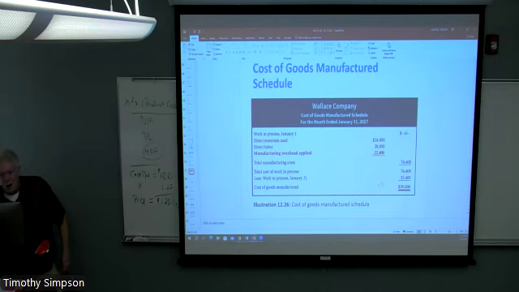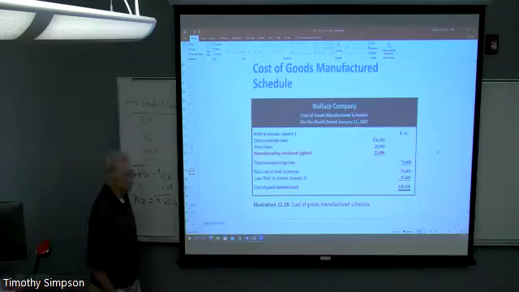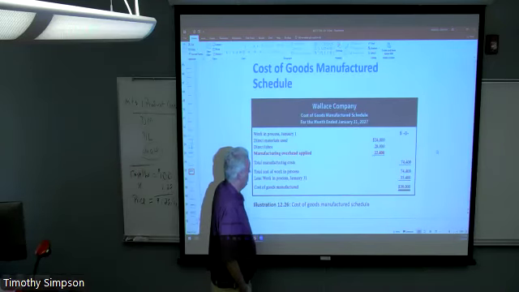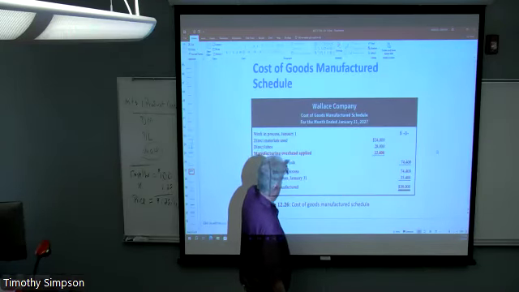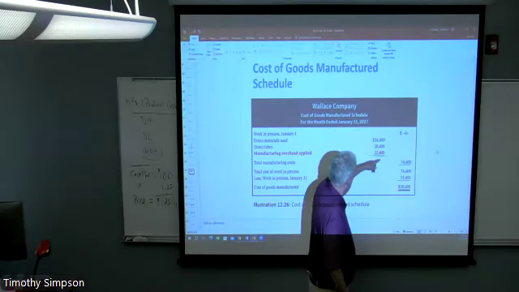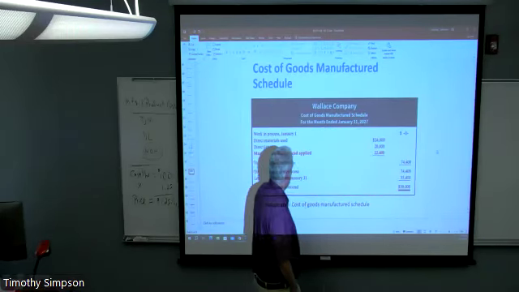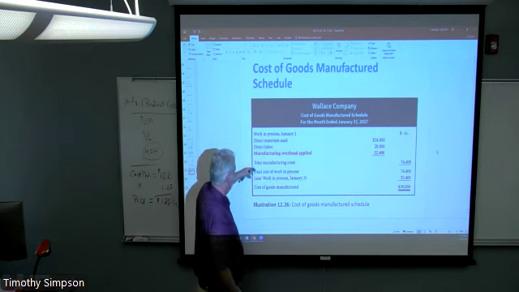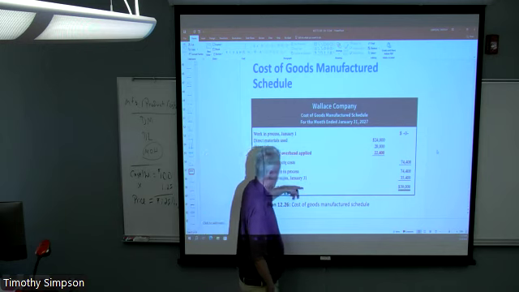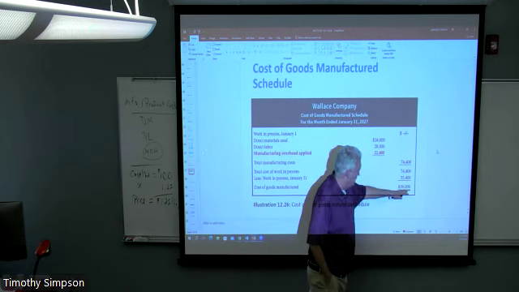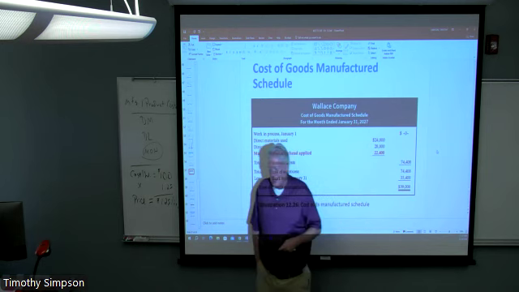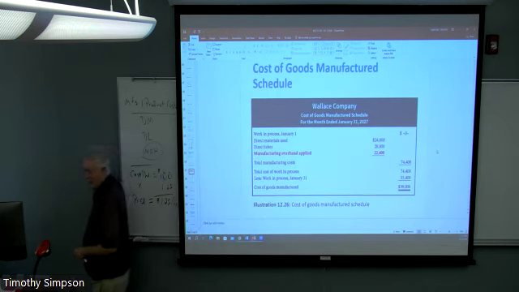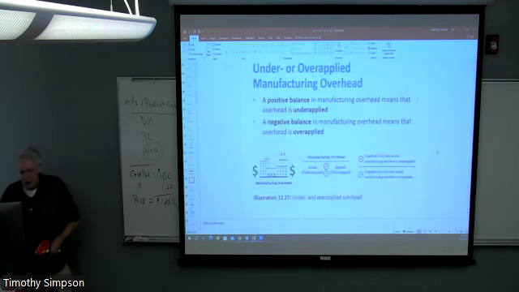All right, so Wallace Company. Again, this is an internal schedule, a cost of goods manufactured schedule. It's an internal item where we had applied 22,400. We had 74,400 that was incurred in total manufacturing costs, and we had this one particular job that was recognized as being done, and that was 39,000. So that's just an internal schedule. It looks a lot like an income statement, but it would sort of tie over into that. Okay.